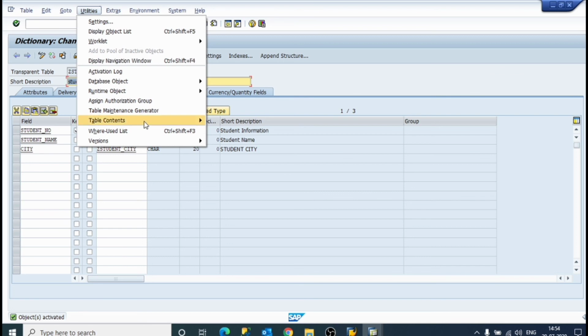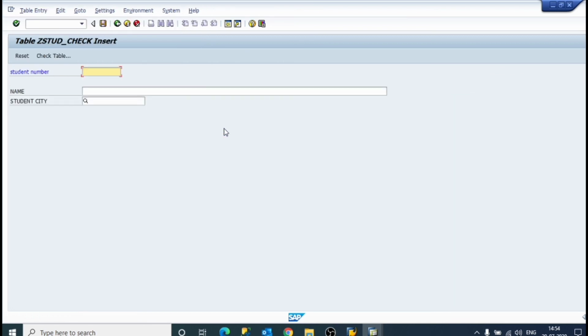Utilities, table content, create entry. Student number 2, name Abhishek, and city Pune. See, entry Pune does not exist in Z check.